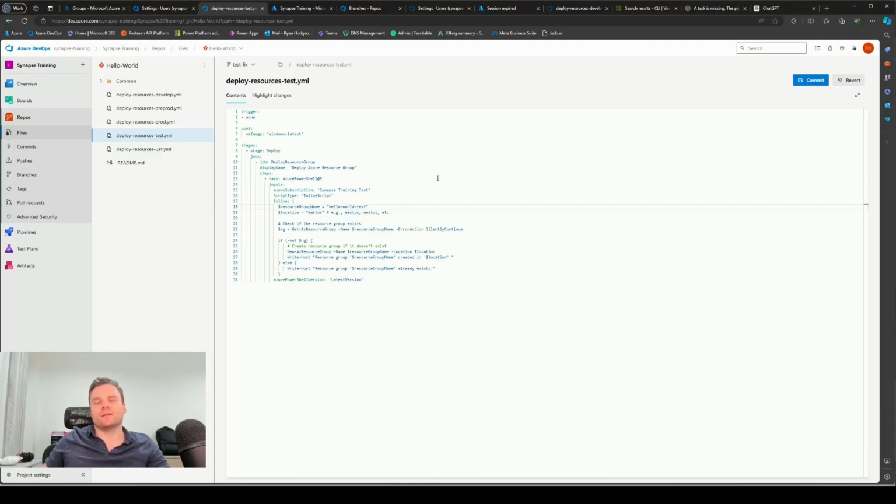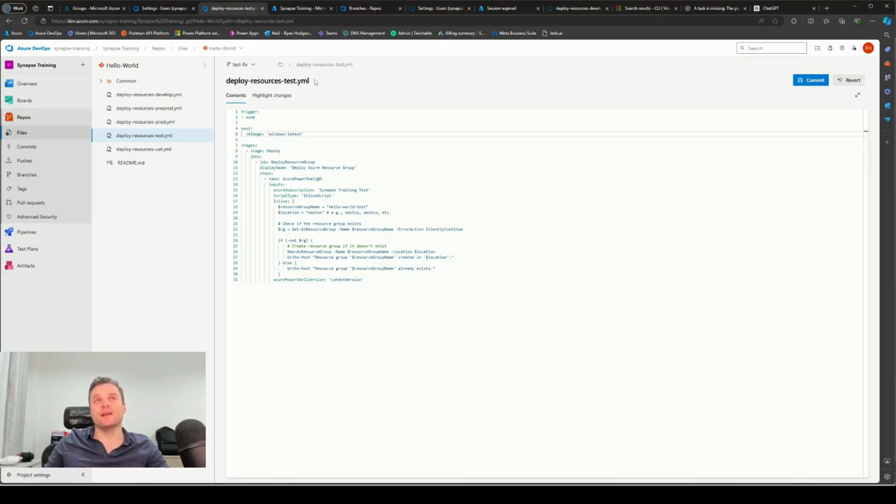I have noticed that sometimes when you create the script with ChatGPT, it can randomly decide whether it uses an Azure PowerShell task or a CLI task or something else. So your script that you generated through ChatGPT might be a little bit different, but they should all generally operate the same. Just make sure that you update the trigger at the top. Well, it's not required, but I've made it none instead of main as it was, just because I want to trigger these pipelines manually and I don't want them to automatically trigger from any triggers based on branches. So we'll commit that,